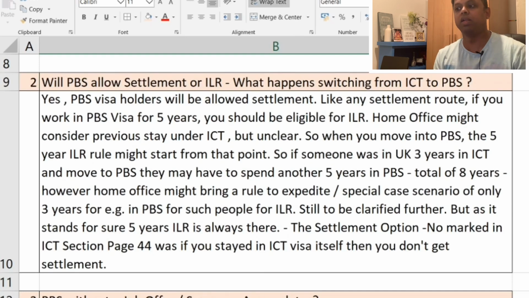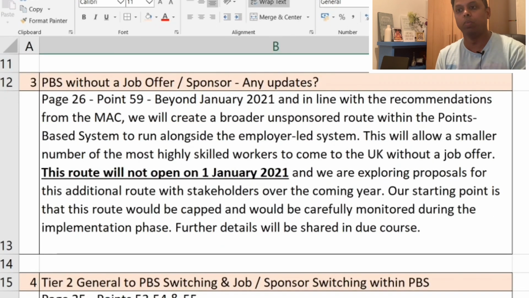This was a bit confusing in the settlement option for the ICT, because in ICT, it was saying that settlement is not there. That is, if you're continuing to be in ICT without switching into PBS. So that section was only for ICT. So the next question is,